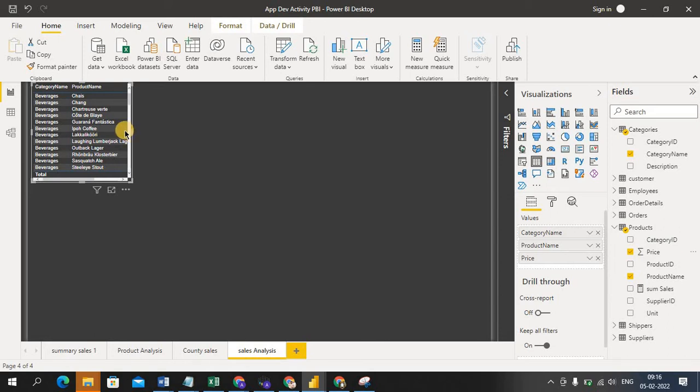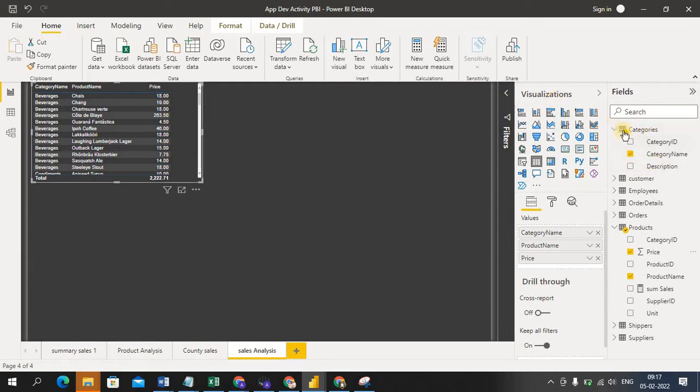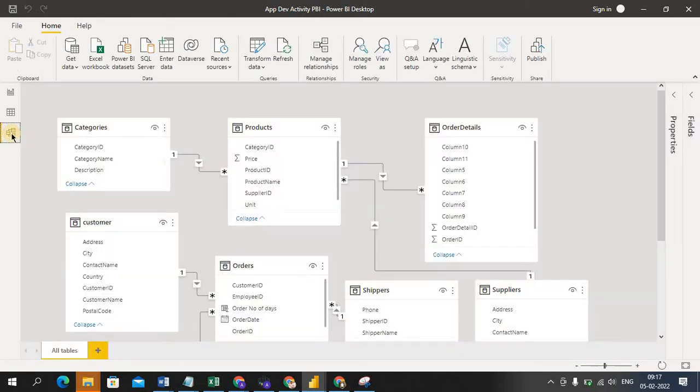Just extend this like this. See, so in the background, in the data modeling, I joined this category ID with this category ID. So I'm getting the values here. You can see here in the model, category and product, these two tables join on this one to many relationship.